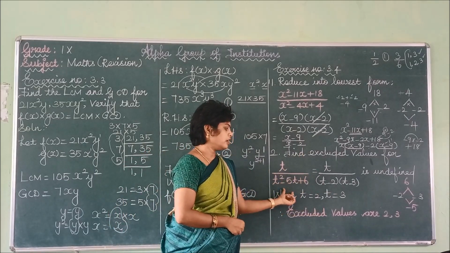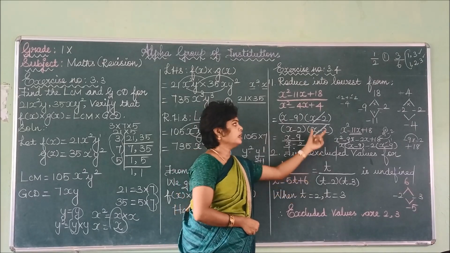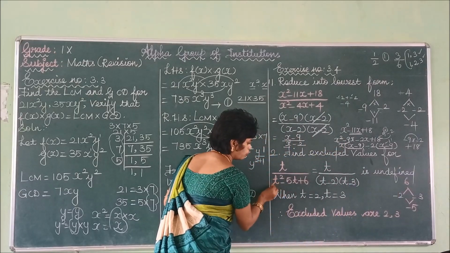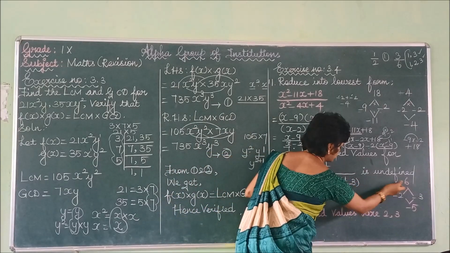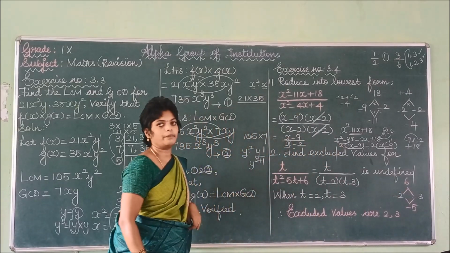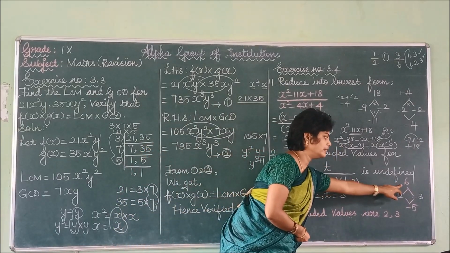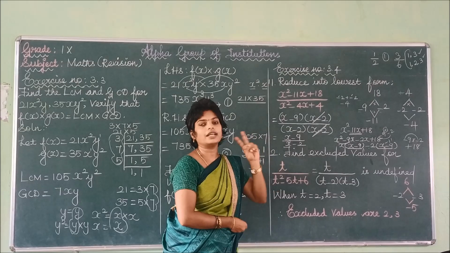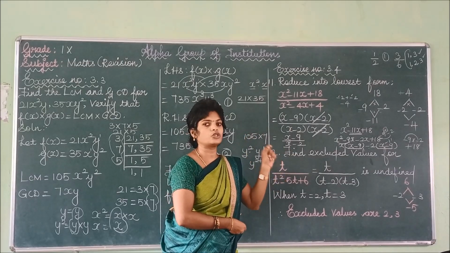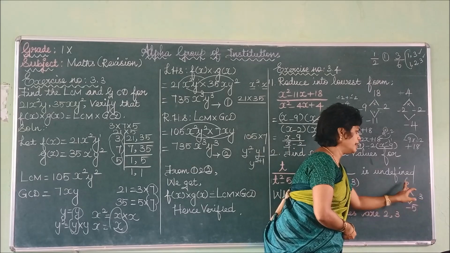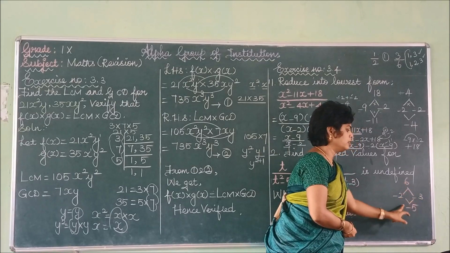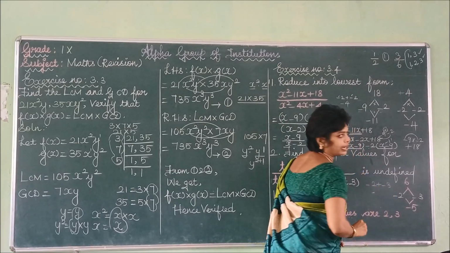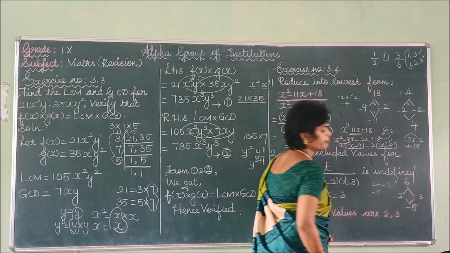So before taking the denominator equal to 0, you have to find the factorization. In a similar way, you can find the factors. When you are multiplying, look at the coefficient. If the coefficient is 1, so 1 into 6 is 6. What is the t coefficient? Minus 5. So multiplying the two values, you get the result positive 6. When you are adding or subtracting those values, you will get the result as minus 5. What are the two numbers? The two numbers are minus 2 and minus 3. So minus into minus, 2 threes are 6. Now you are adding these two terms, isn't it? 2 plus 3, both are negative sign. You can put the negative sign and add the numbers, which is equal to 5.